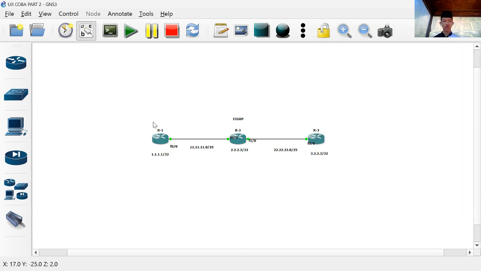So we have successfully configured the EIGRP protocol in this lab, and this problem is solved. So maybe that's all I can tutorial on how to connect router 1 to router 3 so they can ping in this lab.